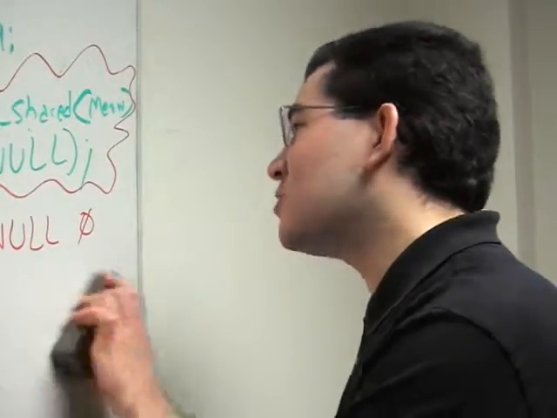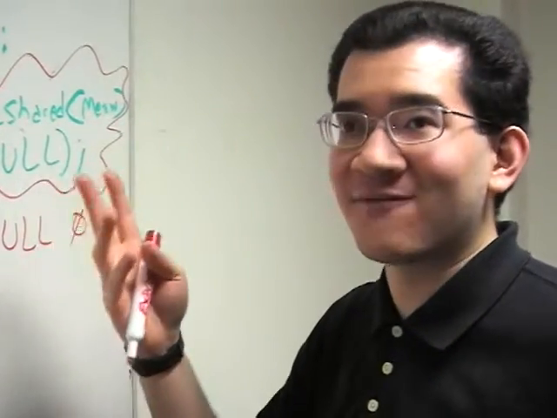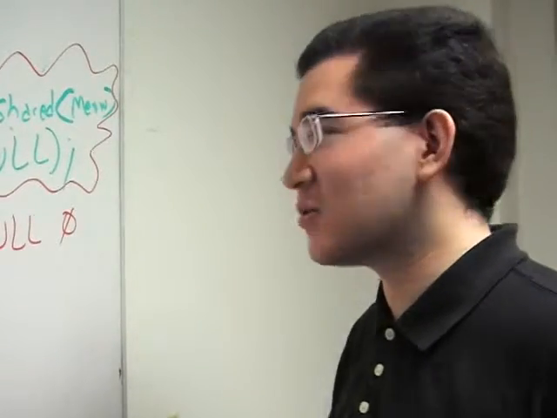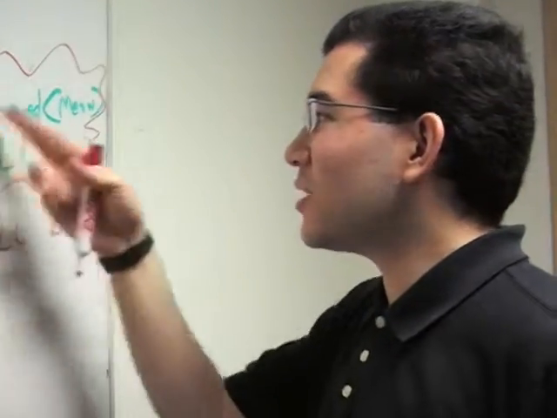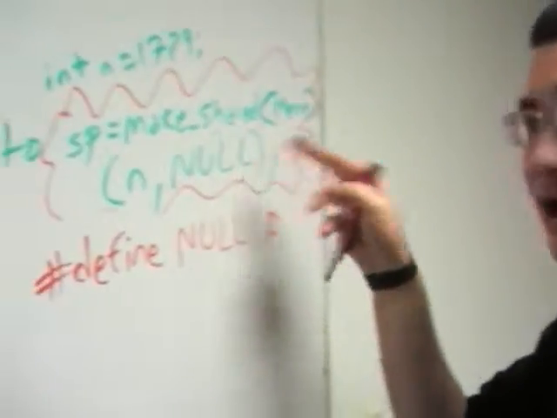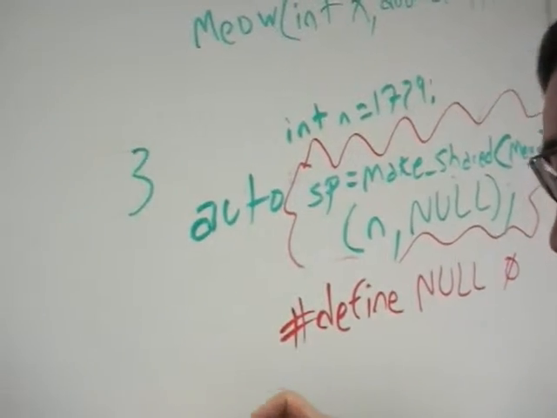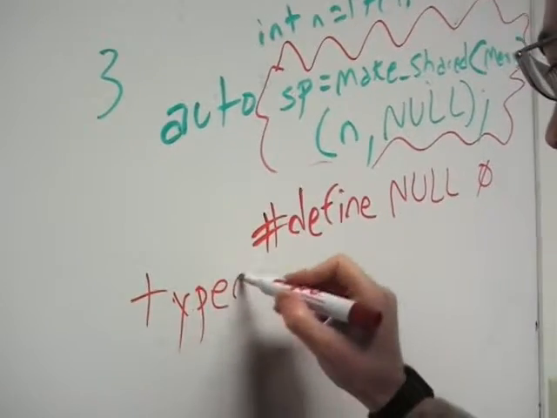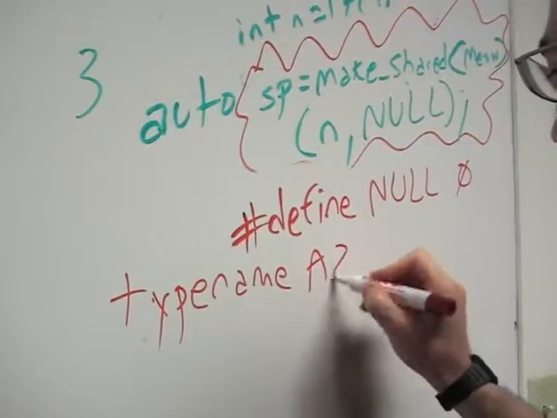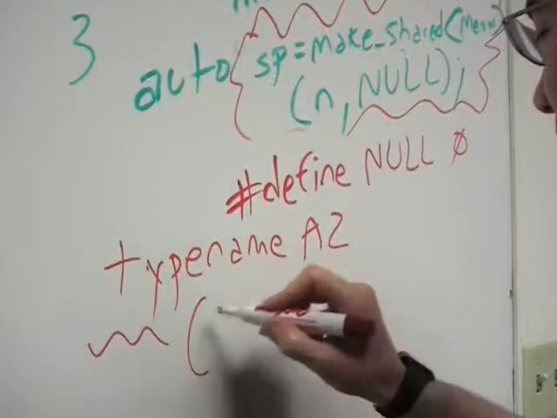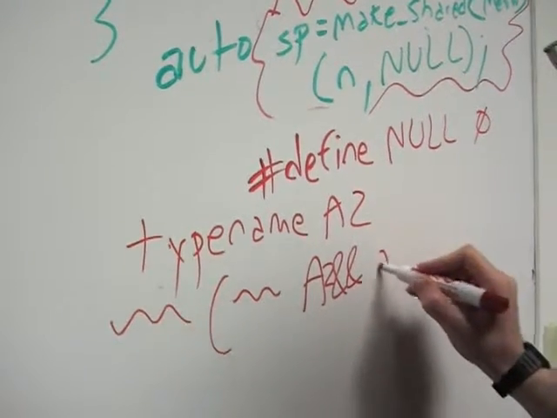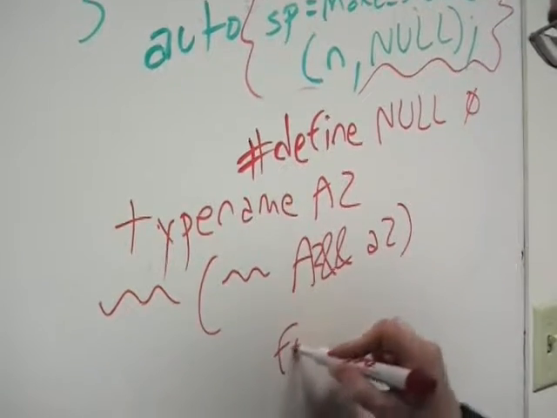The problem is that as we accumulate things like perfect forwarding functions like make_shared and pair and so forth, especially in C++0x, the problem is that 0 just doesn't really cut it anymore. So imagine what happens when we call make_shared with NULL. Recall that make_shared's signature looks like template typename A2, make_shared taking A2 ref A2, and then it says forward